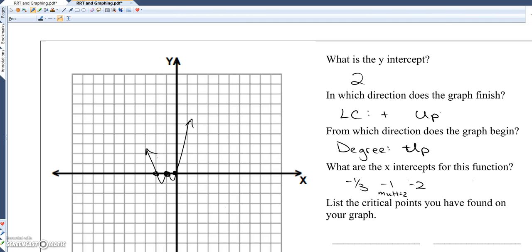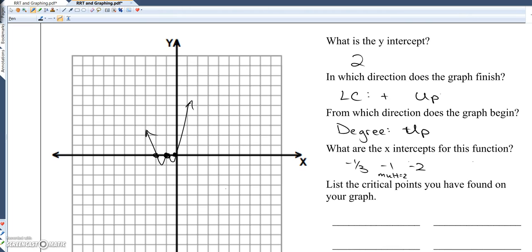We had 4 points that we used on this graph. Those 4 points were 0, -1/3, switch those. -1/3, 0, -1, 0, -2, 0, and 0, 2. I don't need you to find